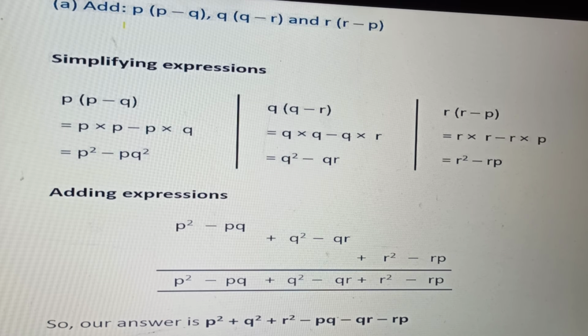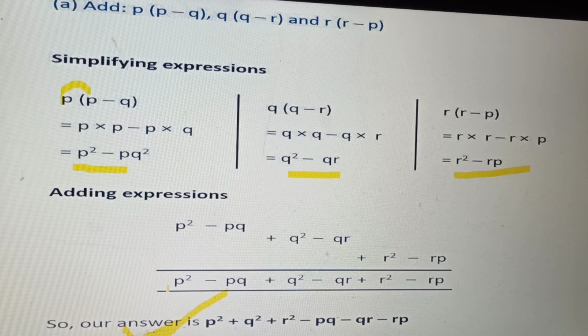Next, we have to add these three polynomial expressions. How will we add? Adding expressions, first multiply p into p and make the expression like this and like this, and just add. So we got p square plus q square, like terms added together. How many like terms? P square, Q square, R square, there is no similar term. Therefore minus QR and minus RP will be there. So our answer is like this. Now the terms should be added or subtracted. 1, 2, 3, 4, 5, 6 terms. Total 6 terms are there. So the answer is correct.